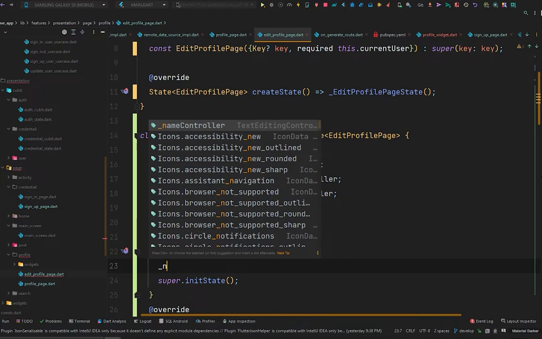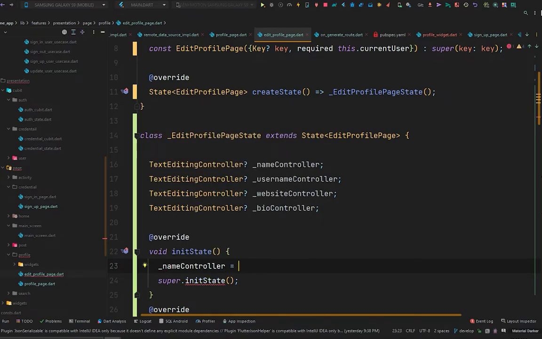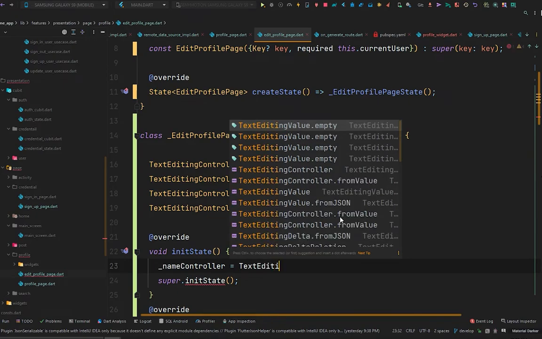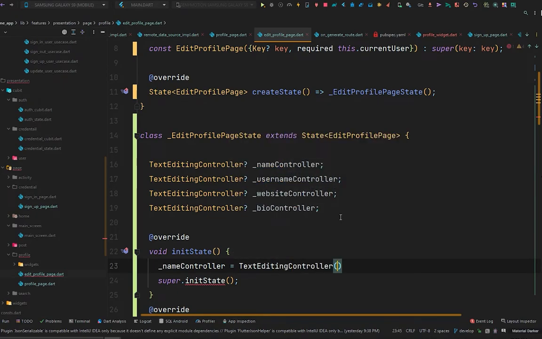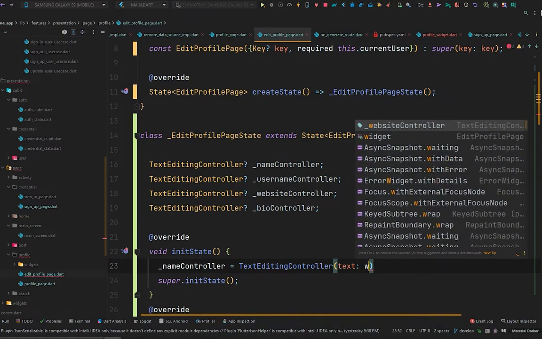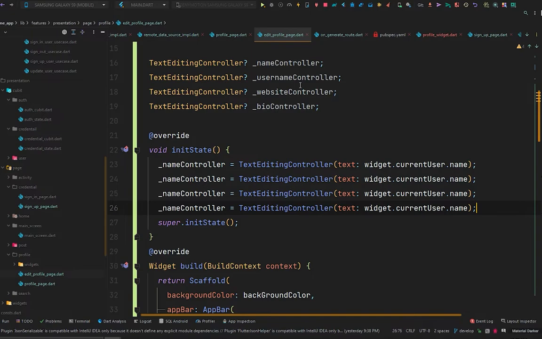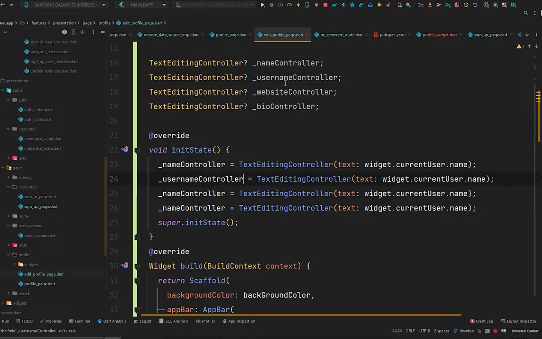So the name controller will become equal to, in the init state, a TextEditingController, and in the text this will come from widget.currentUser.name. Replicate it 3 times, and change the names of the controllers,